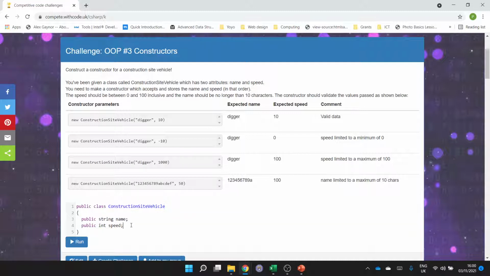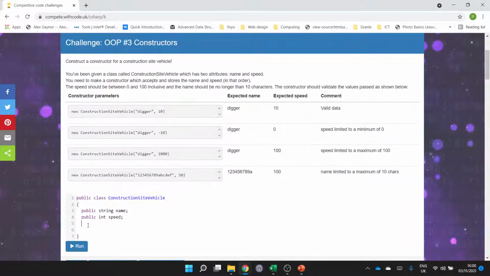So a constructor is a special type of method which is called when you make a new instance of that class, as in if we make a new construction site vehicle, then we construct a new construction site vehicle. So to do that, it needs to be public because we access it from outside of the class. The name of the constructor is always the same as the name of the class in C#. And then we need to provide two